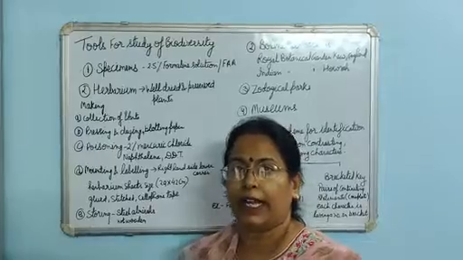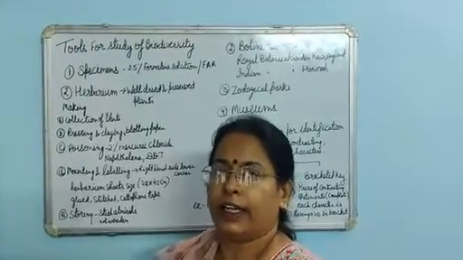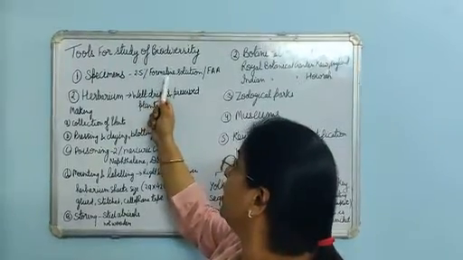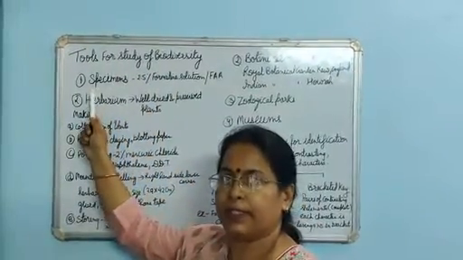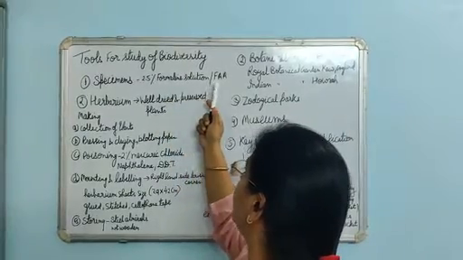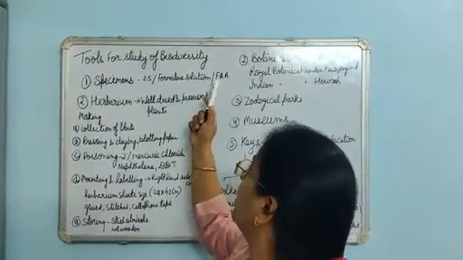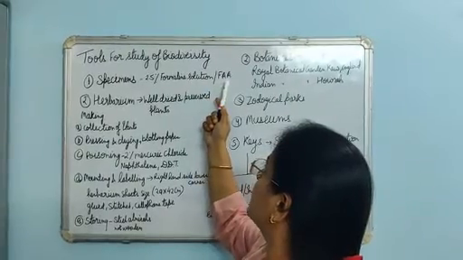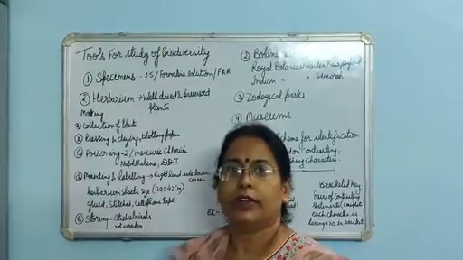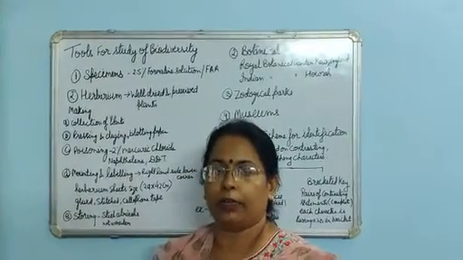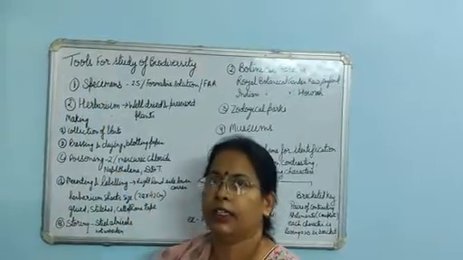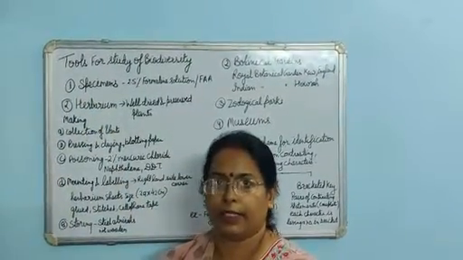You know about formaldehyde? It is a gas, it is soluble in water, and we make a solution of formalin to preserve these specimens. Along with the formalin solution, we can also use FAA, that is formaldehyde acetic alcohol, to preserve. They will not decay. Plant or animal bodies are preserved in this way, and we use a specimen to study the different varieties of plants and animals.